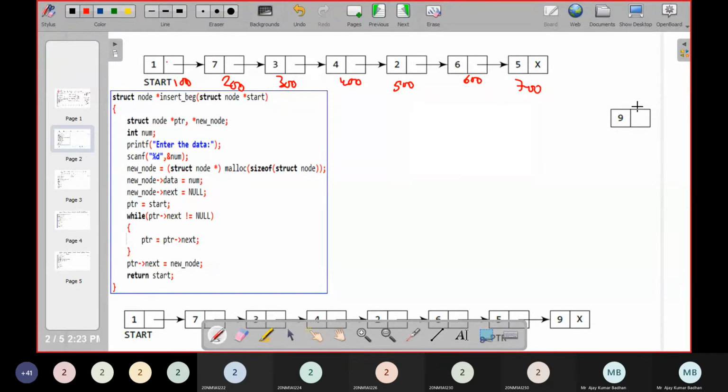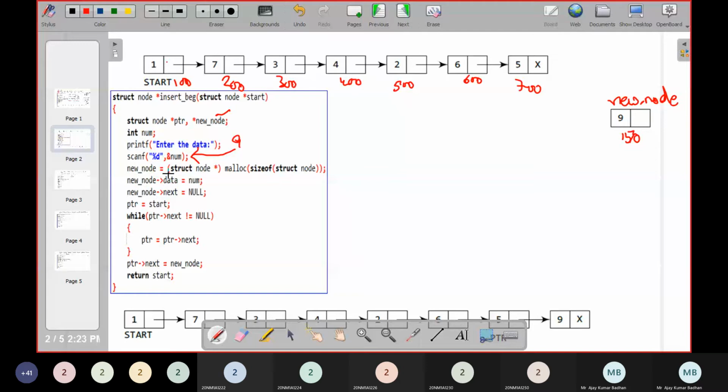And if you see here, this is a node I want to create. What is the name of this? The address will be stored in a variable called new node, which I have declared here. So new node will consist of, this time, the address. The system has allocated the address 150. Now what we have to do here? Enter the data. I want to enter the data 9 and that 9 I'm going to store into this. Now I'm going to create a new node.